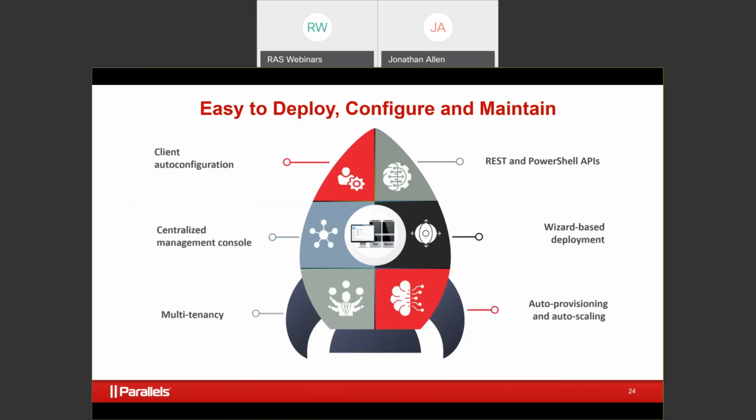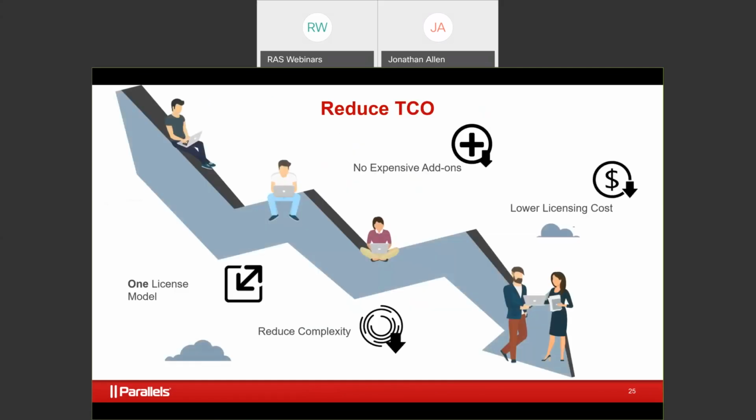Are you an educational organization that has different colleges, different parts of your university that you're managing, those different desktops, those different applications? Are you an IT organization for a global company and you have to deal with HR and sales and marketing, and they have different setups and different needs? You can now manage all of that through a single pane of glass. So you can create VMs for each individual user, ideal user profile, in order to provide you that capability. And again, reducing complexity means reducing total cost of ownership.